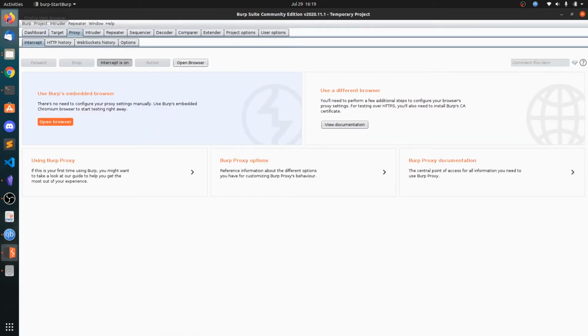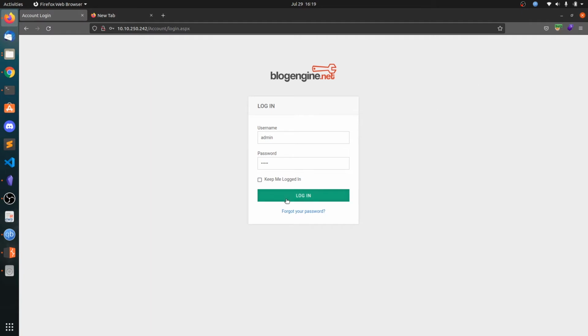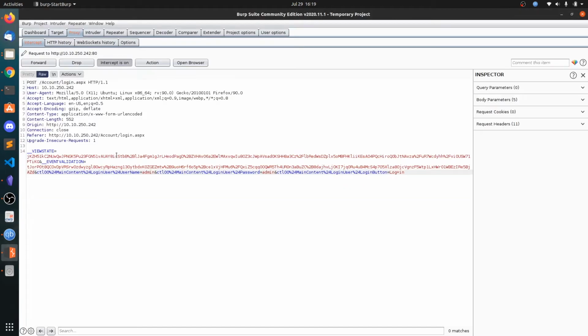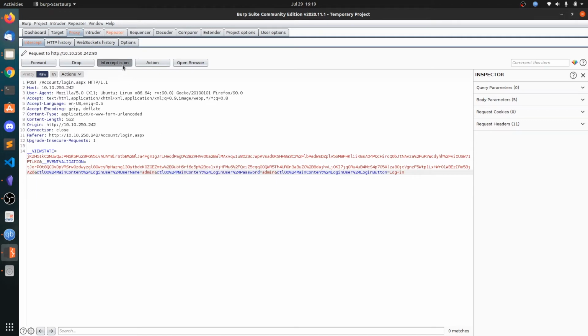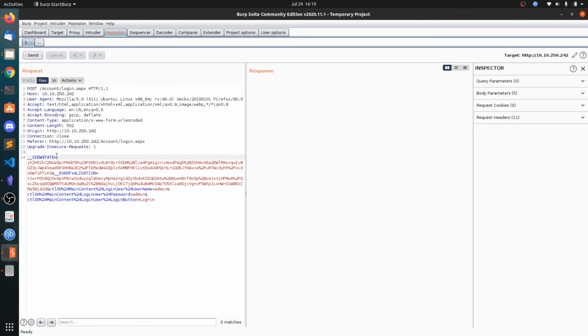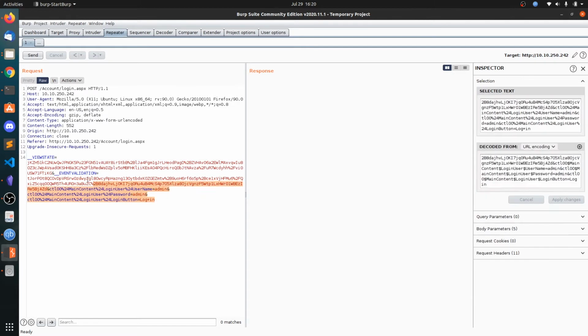So turn on the intercept, and now click on login. So this is the request. Send it to repeater, and now you don't need to delete this view state and event validation. So these are used for tracking your activities on the website. Suppose you add any product to the cart, then this view state and event validation will be helpful for the server to identify that you are this particular user. All you need to do is first